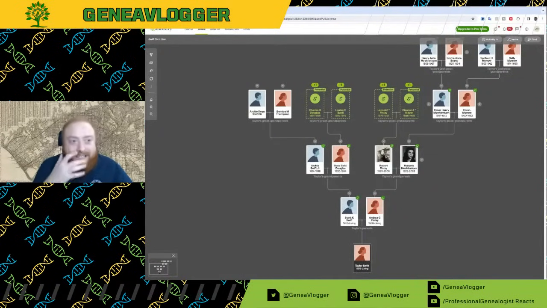And basically the idea of a quick and dirty tree is that your focus is building these trees quickly, not necessarily focusing on the accuracy, which I'm going to talk about a bit more in a second, obviously. Not focusing as much on the accuracy, but on getting a lot built quickly, because with genetic genealogy, you're basically looking for connections between matches.